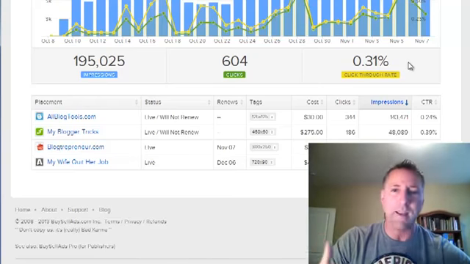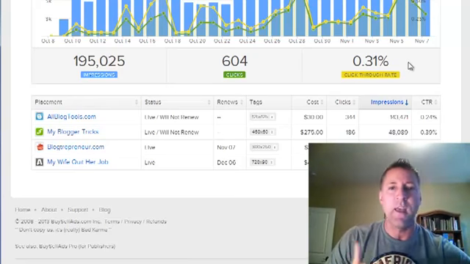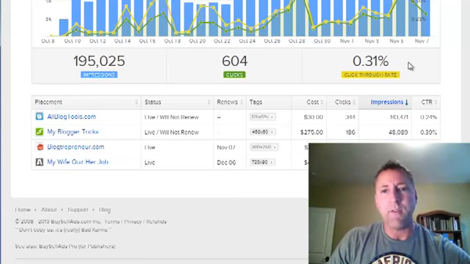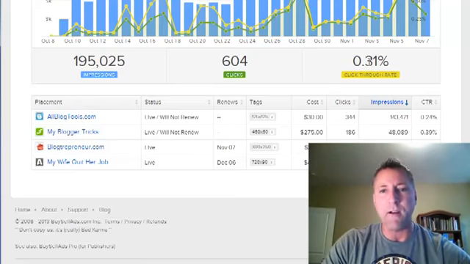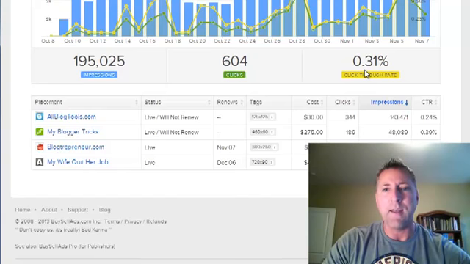Which, if you're tracking things and you're generating leads and you're monitoring how that's working out for you and you're getting sales, then it'll work out. It doesn't really matter. I've had profitable banner campaigns that were running at a 0.05% click-through rate. So that's a 0.5% click-through rate, and it can still be profitable. It just depends on other factors.